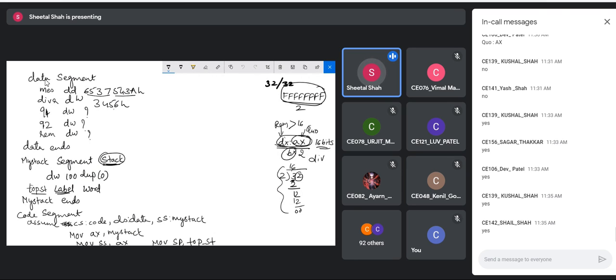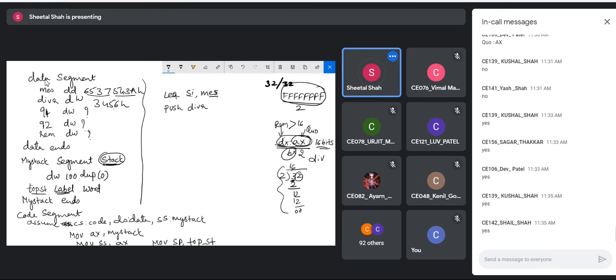Now, once we have done this, say LEA SI, MES. So here SI is pointing to this variable named MES, and since it is a double word, the SI register is pointing to this particular variable. Fine. Now I am pushing the divisor value onto the stack.